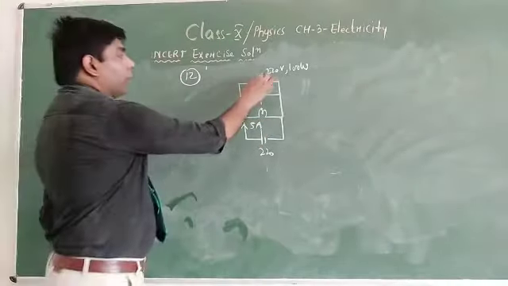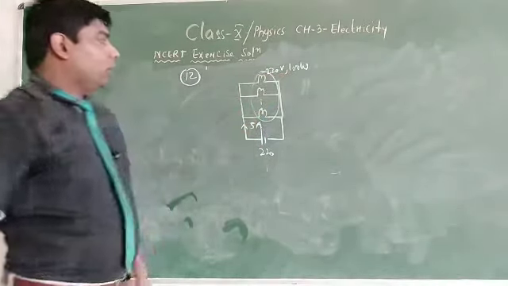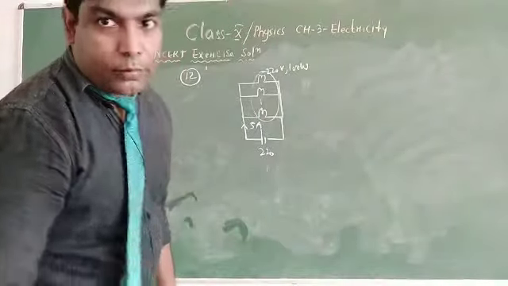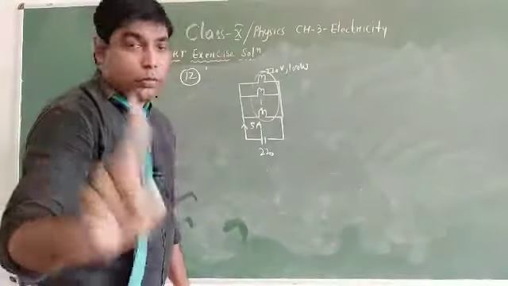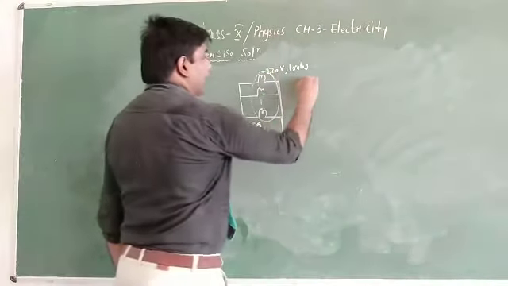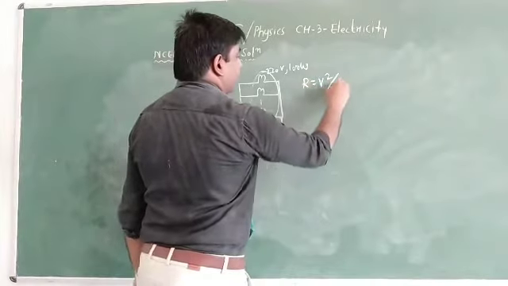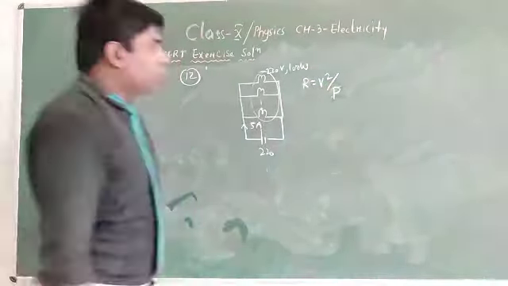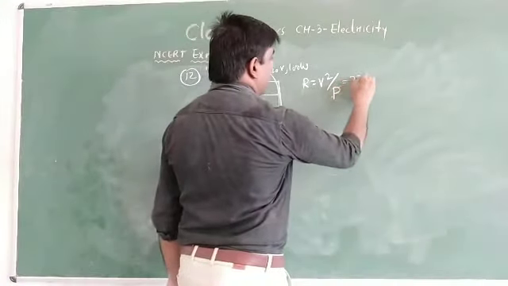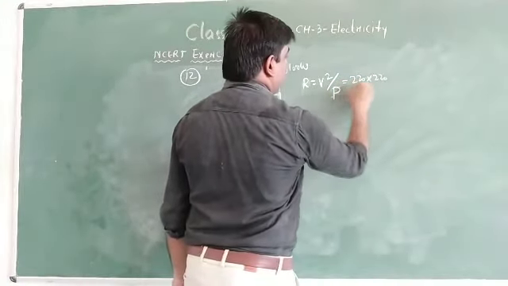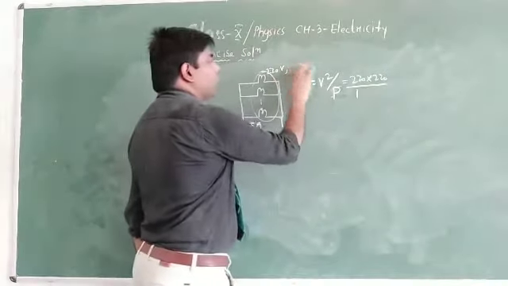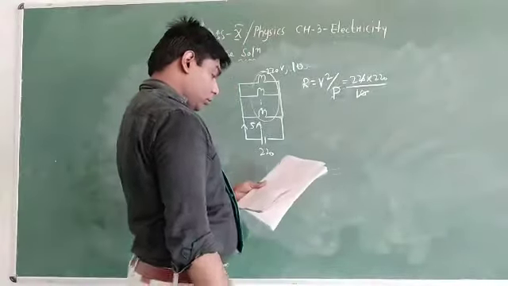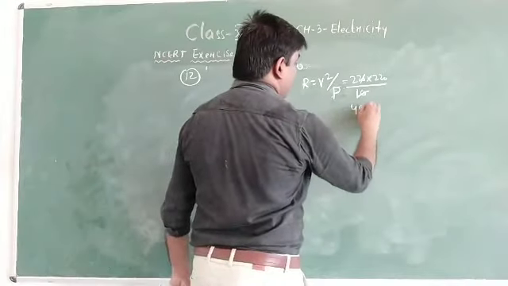So if you can find out the resistance, all the bulbs are connected in parallel. So we have to find out the parallel combination. But before that we have to find out the resistance of one bulb. So here P is equal to V square by R. So R is equal to V square by P. It is not 100 watt, it is 10 watt. Right? So it will be 4840.